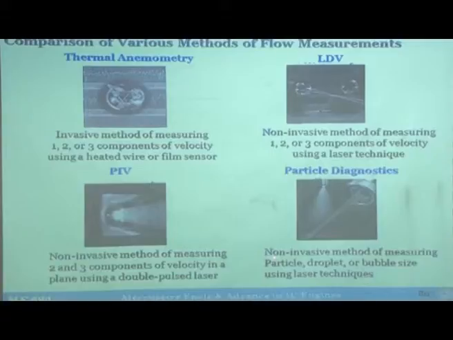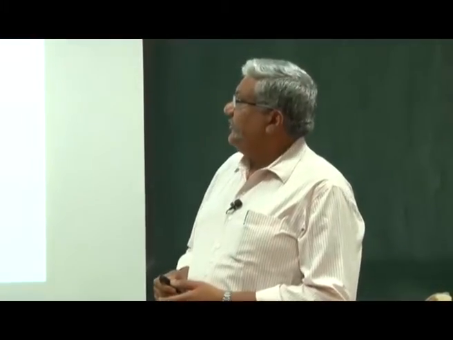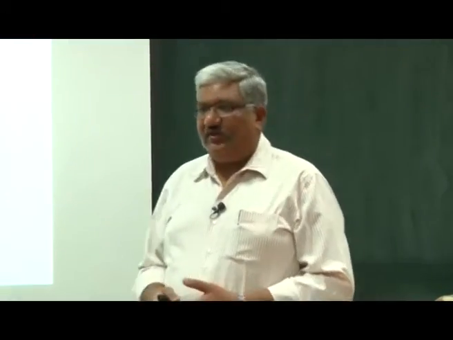So, this is the comparison of 4 different techniques: exhaust gas emission analysis, which is so important for the vehicle or transport industry. Transport industry today is driven by 2 major pushes. One is the fuel economy, because fuel economy is important because you want to burn less and less amount of fuel, so that you put in less and less amount of greenhouse gases into the environment. The second important driving force for developments in automotive industry is emissions.